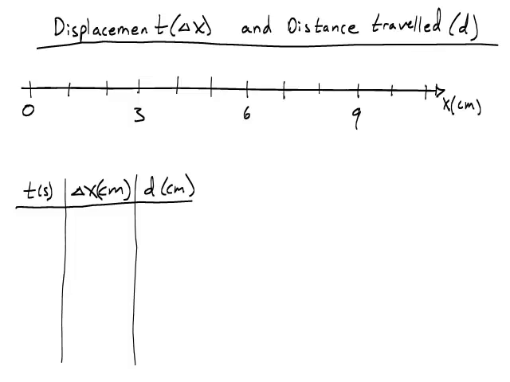In this lesson, we're going to discuss the difference between the displacement and the distance traveled. So we can look at this situation where my robot starts at the origin, and maybe you have it travel very fast to the right. It ends all the way up at 6 centimeters after 1 second,